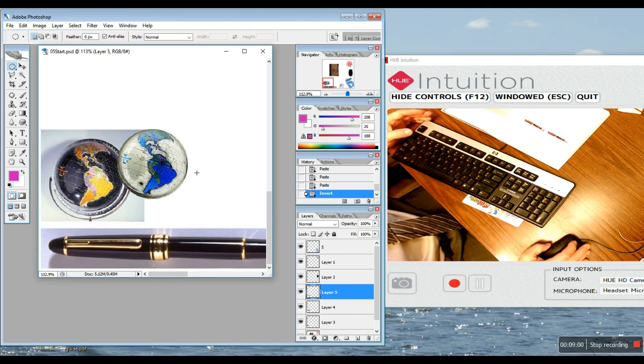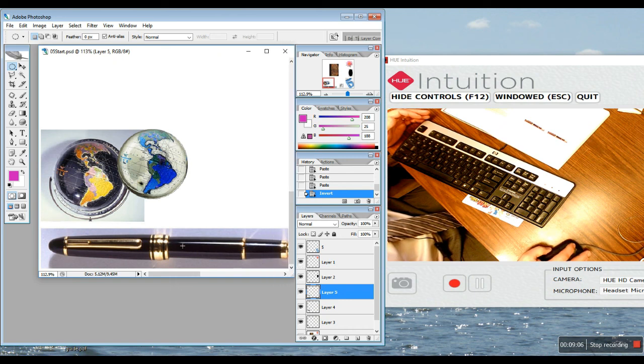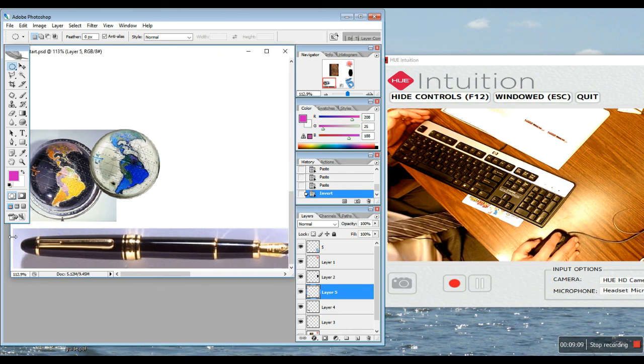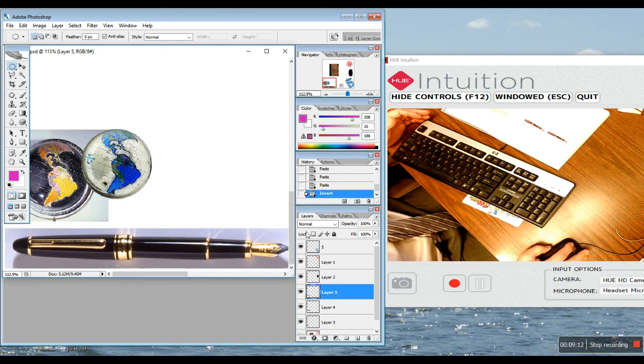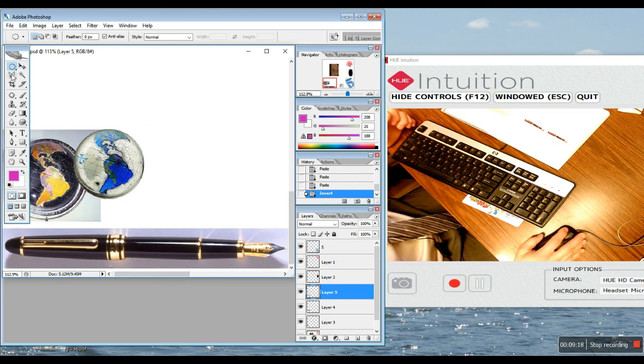Our next step, using lasso tools on the pen. Let's see if we can make this just a little bit wider so you can see more of the pen here. There are 2 tools in here underneath the lasso tools. One is a polygon lasso, basically allows you to, or basically draws a line from click to click as you work your way around an object. Works good for straight-sided objects. There's also a magnetic lasso tool. It works well for